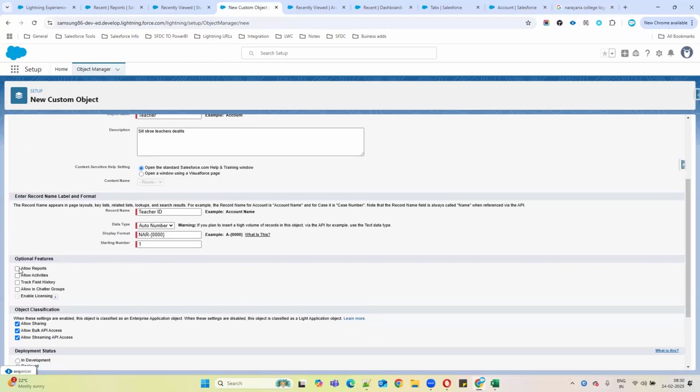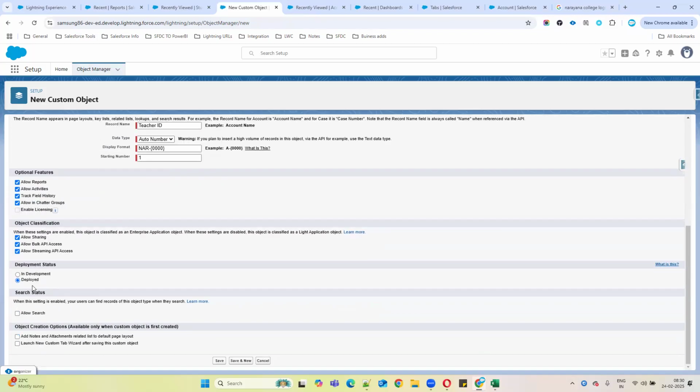Okay. Enable all these options. We'll discuss all this later. What is the difference between In Development and Deployed? If the application is in development mode, we are still developing this object, so it is in development mode. We can use this one. When this object is ready, fields are ready, everything is ready,